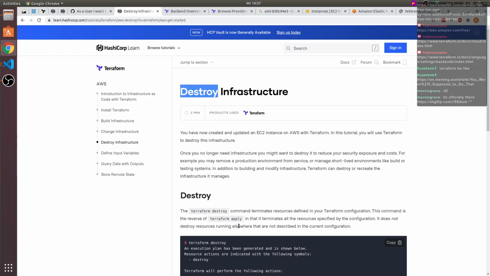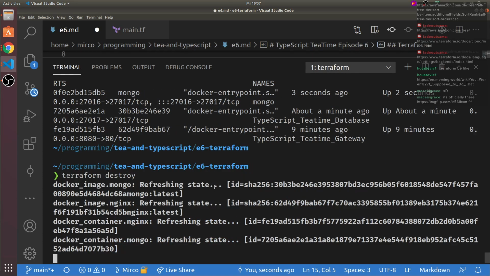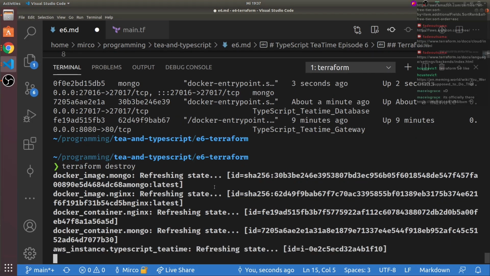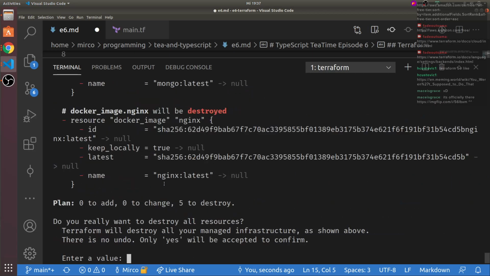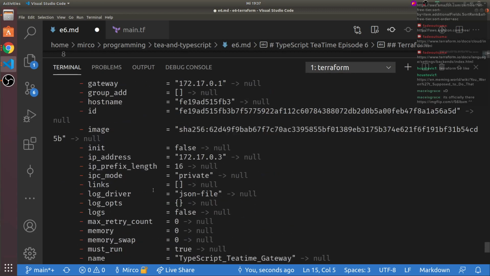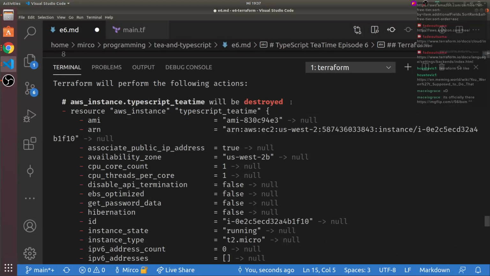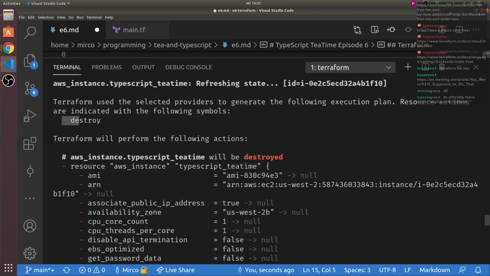We can also destroy everything. All you do for that, and I actually do run it now to let you see that we can recreate it within seconds, is destroy everything. Everything will shut down. So it's refreshing now, all of it. Now it just did the planning, sorry. And it had to do a lot of planning in this case, for how to destroy, so everything with a minus will be destroyed.